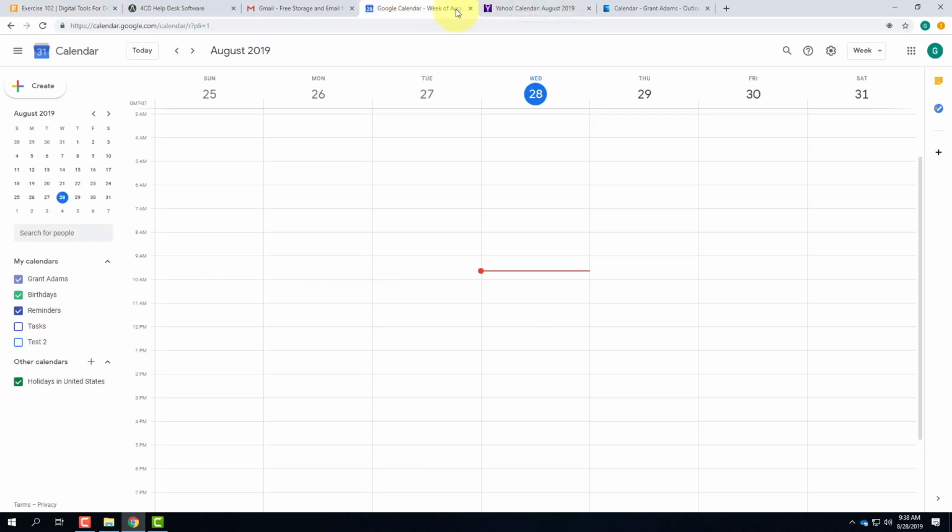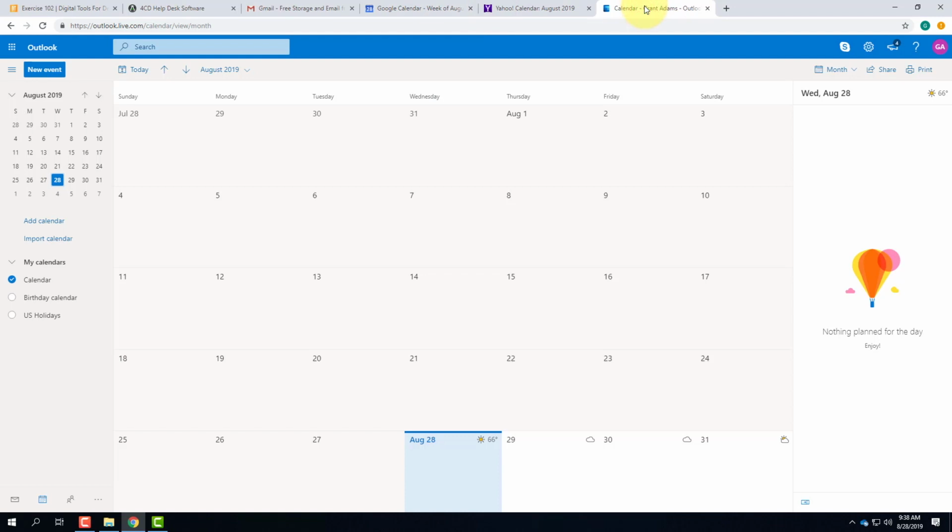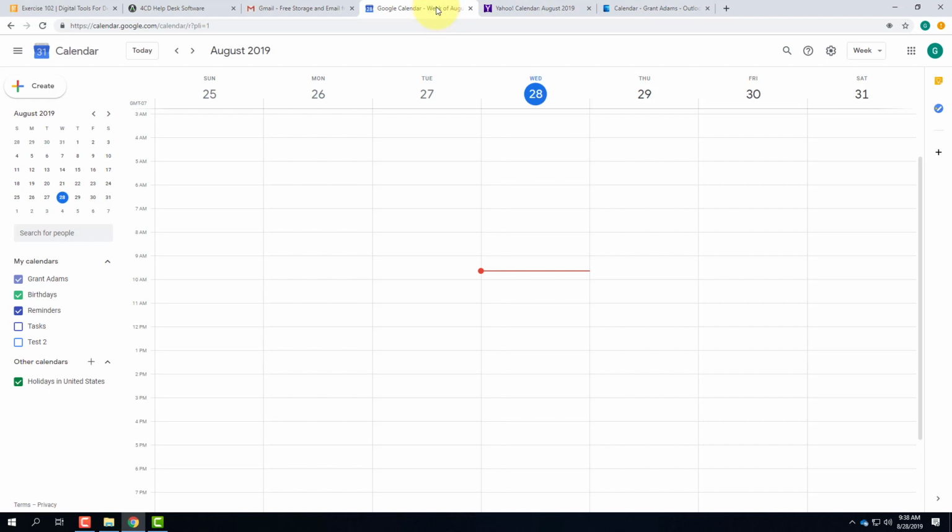You guys will log in probably to Gmail or to Yahoo or to Outlook. I'm guessing those are the big 3. If you're using a different email client, I can help you figure out where to put it in. So I'll do this under 3, look for the exercise 102, not the lecture. I will do this for the 3 different options here. I'll start with Google Calendar and bringing that in.